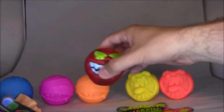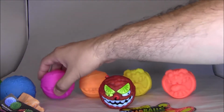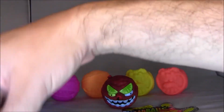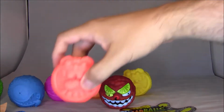Pretty cool, pretty cool. This is set him in the middle. So he's our exclusive Madball there. So yeah, as you can see, the rest of these guys are just all copies of Madballs that have already been released. So we can kind of see how these compare to the vintage or the other ones that were